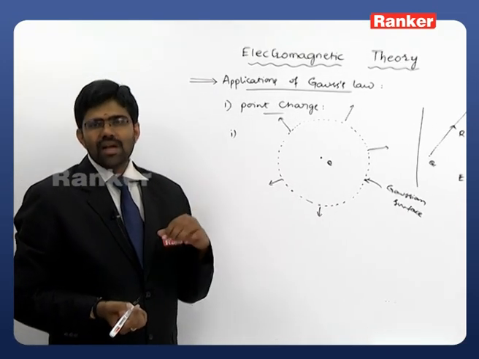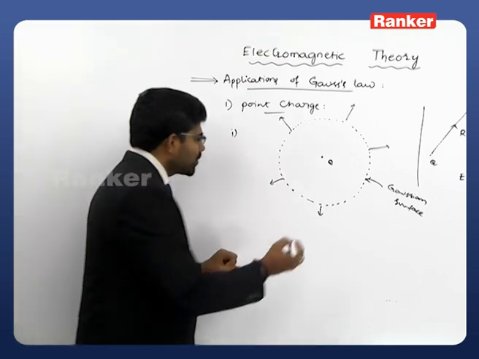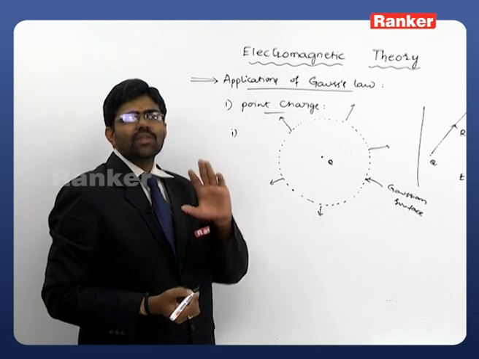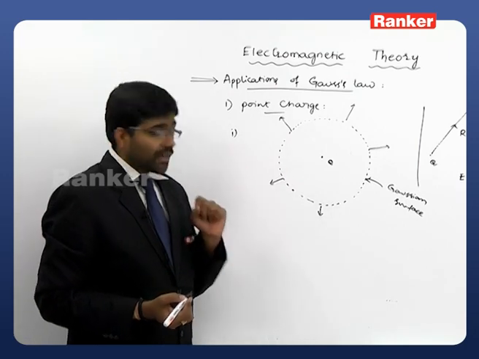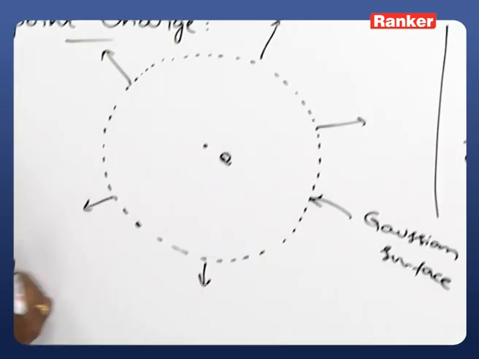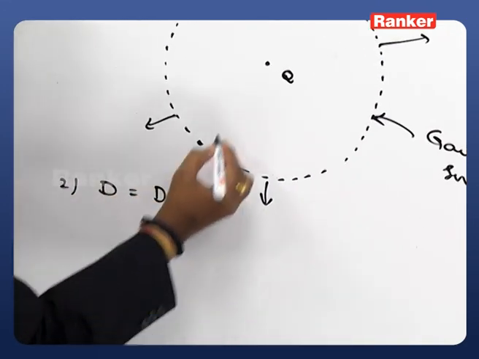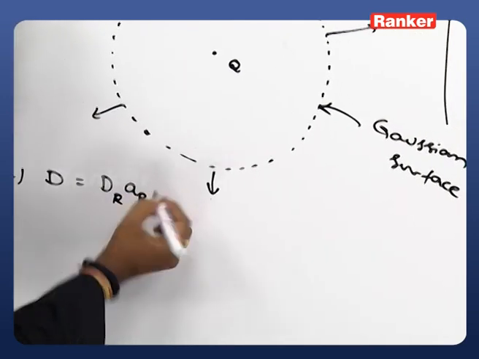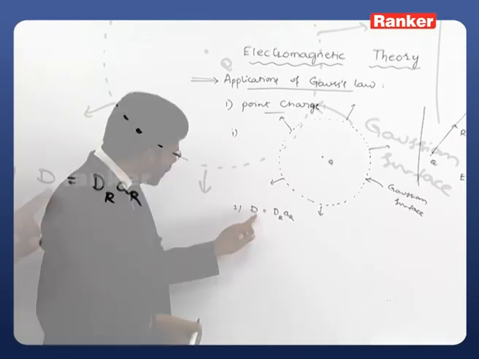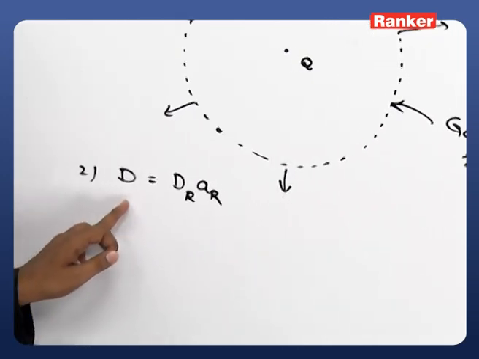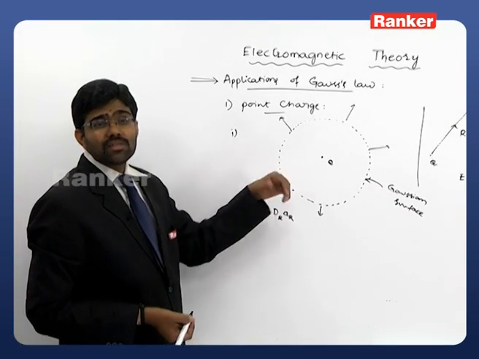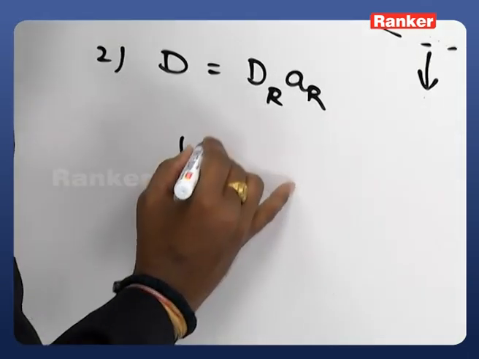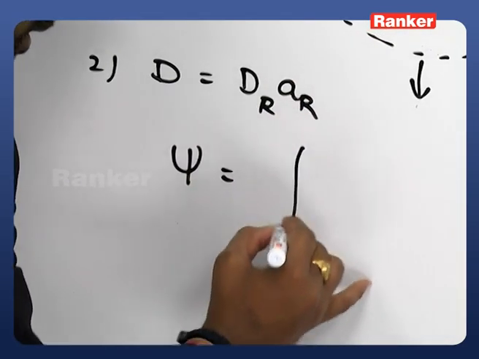For that, I will take the differential surface on this particular Gaussian surface. I will integrate the differential surface along with the flux density. So for that, let us assume the flux density we have is D equals D_r in the direction of radius, that is D_r a_r. Using this flux density, we can easily calculate the total flux leaving through that particular surface. So already we have a relation that the total flux leaving is equal to the integral